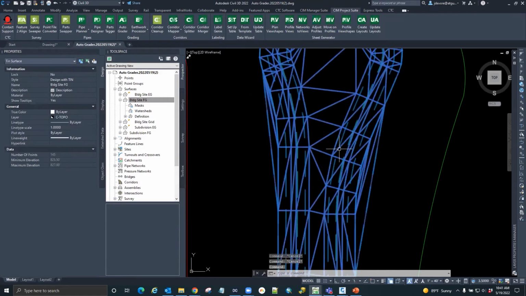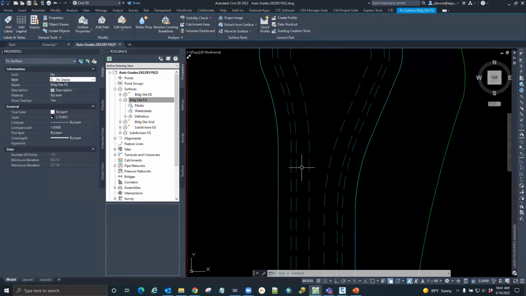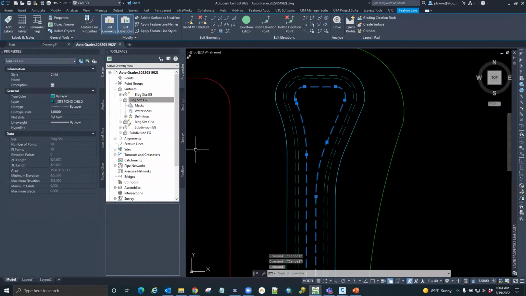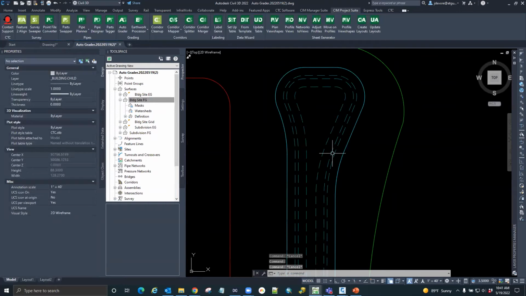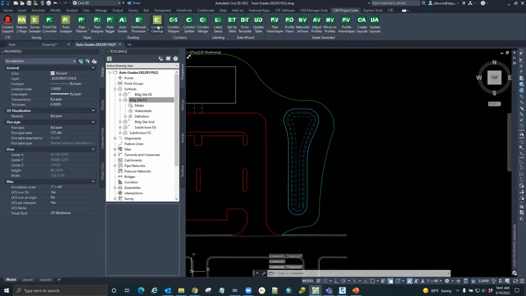This was the building site. Okay, we'll go and do this no display for now. If we take a look at this, we have a whole bunch of those feature lines added in here. So if we were to go back into AutoGrader,